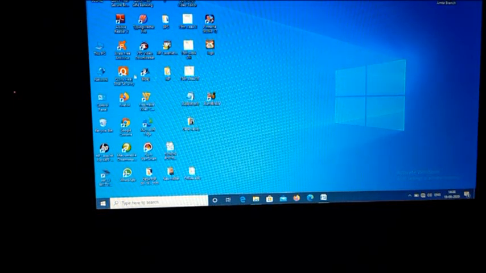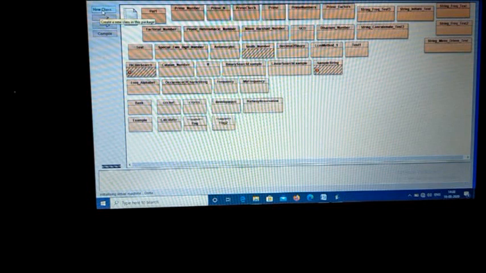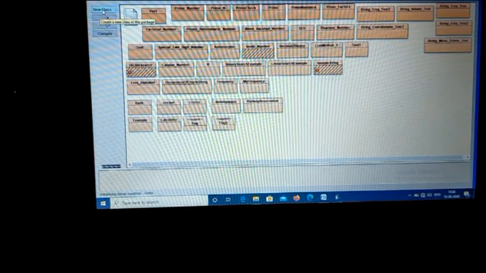First, you have to click on the BlueJ icon on the desktop to open the BlueJ dialog box. Double click over this icon to open the window. Look at this video very carefully to understand all the things. Then you have to create a new class. Here you will get the new class option to create your class name. Click on new class, one window opens here.